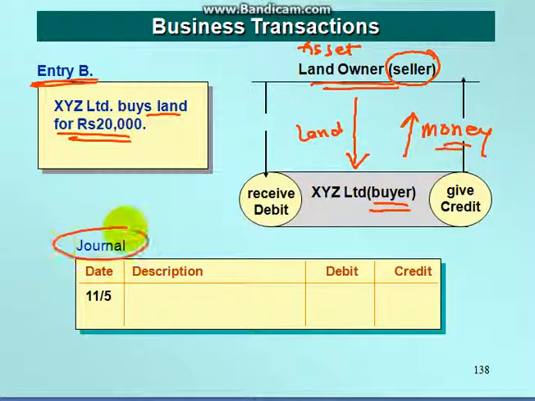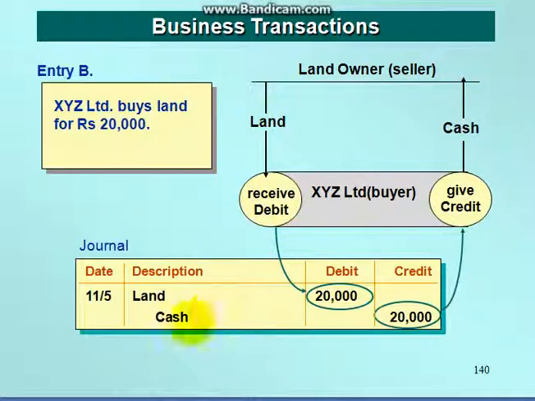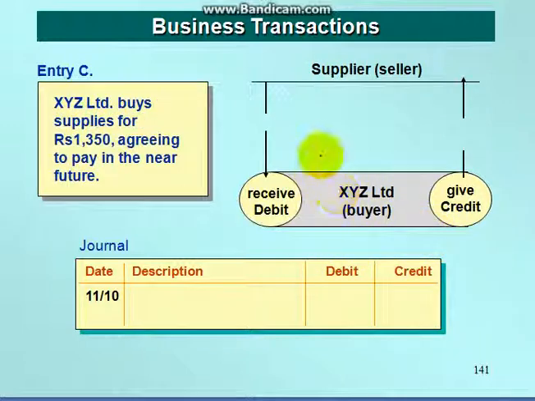So let us take the journal entry. First you have to write the date on which the transaction took place. Here you have to write down description, and there are two columns as far as the double entry system is concerned. So land is coming in, will receive debit. Now what amount? Here it was mentioned as 20,000. So here it will show 20,000. Now our firm need to give cash to whom? The landowner. So the money is going out. So what goes out is credit, what comes in is debit. So this is another example.